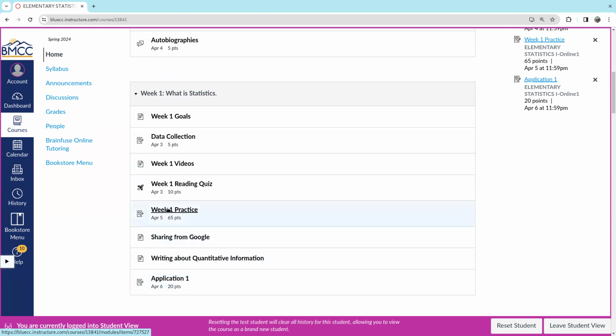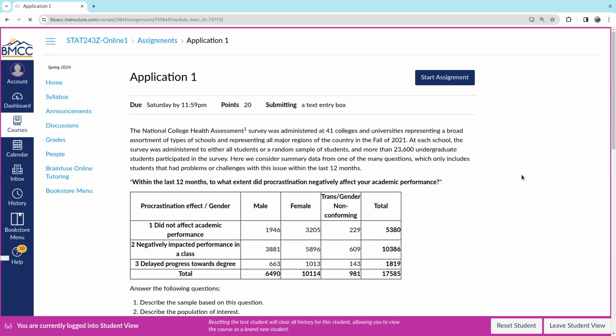So with the practice problems, I hope you're writing things down as you work through them. I hope you took some notes while you're reading the book. So the application is my chance to see some of your writing and work about statistics. So generally, I'm going to give you a problem to look at, and then you're going to do some analysis on that problem. You're going to do a little bit of statistical math on it, maybe make some charts and graphs, and then you're going to write a few sentences at least, depending on the problem, and you're going to submit that to me.